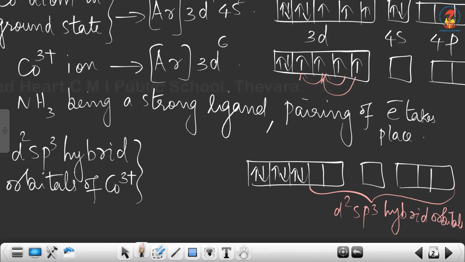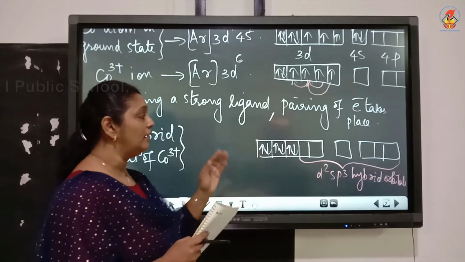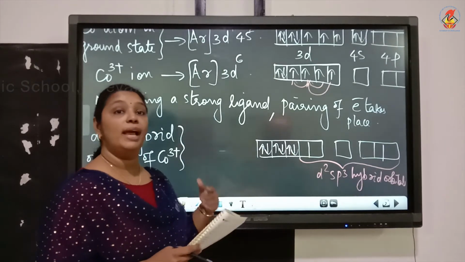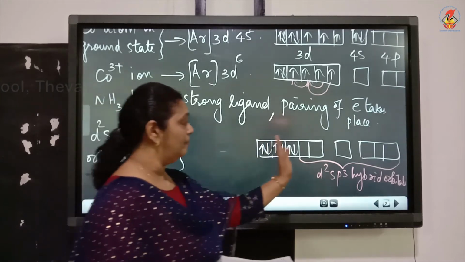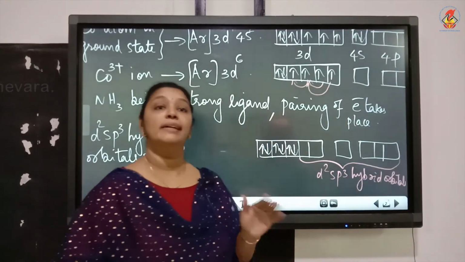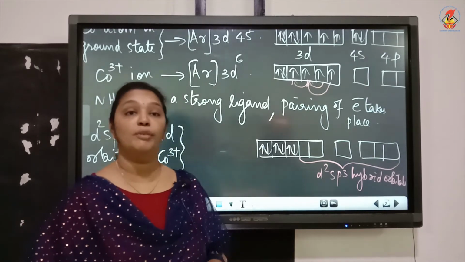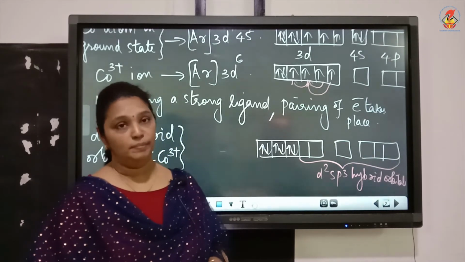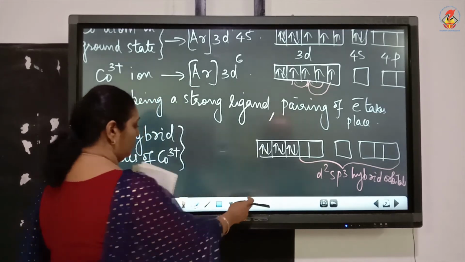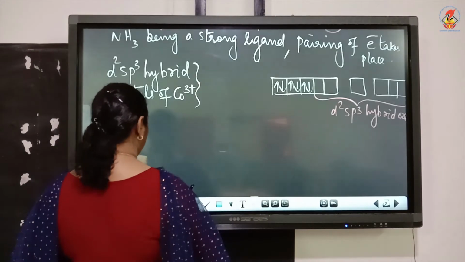This is d2, this is 4s and 4p. So these are the hybrid orbitals, which are empty. Now what will happen in the next step? These hybrid orbitals will overlap with the ligand orbitals, which donate an electron pair, and this results in the formation of a coordinate bond. So the last step is the formation of